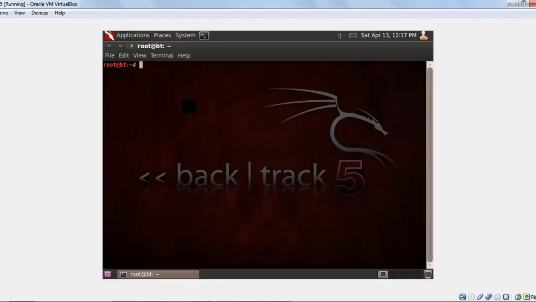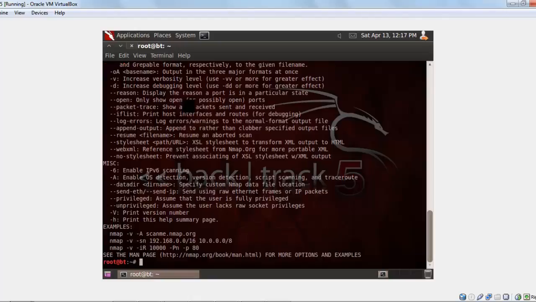We can scan large networks. We could also use Nmap to determine what types of operating systems are running on a network, as well as the type of firewalls or packet filters, and the list goes on. This is a tool that every penetration tester should have. I have just fired up my Backtrack machine and I'm going to launch Nmap. If you don't know how to use it, just go for help with Nmap, and I'm going to use a very simple